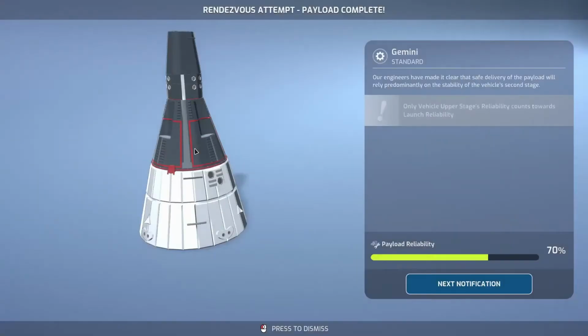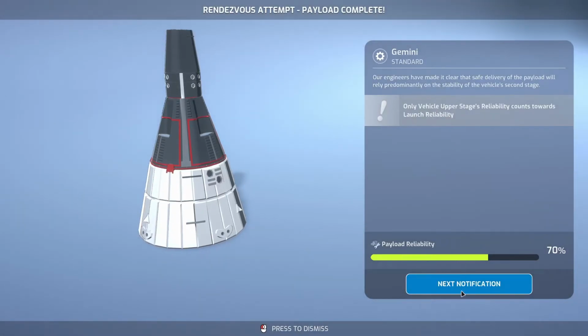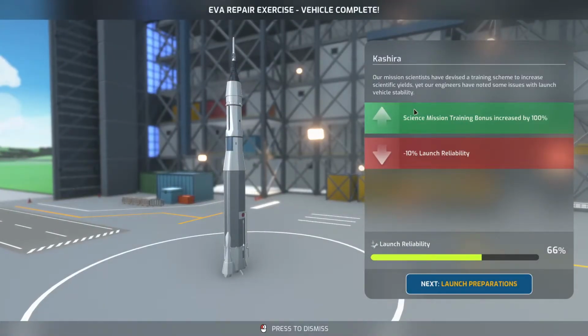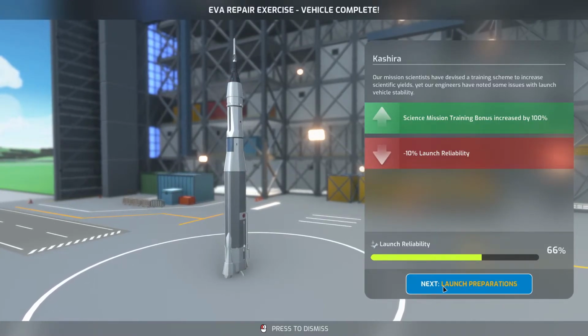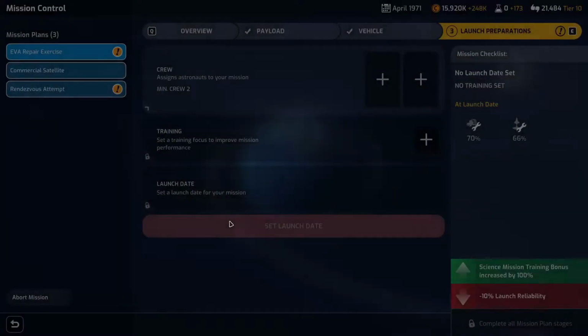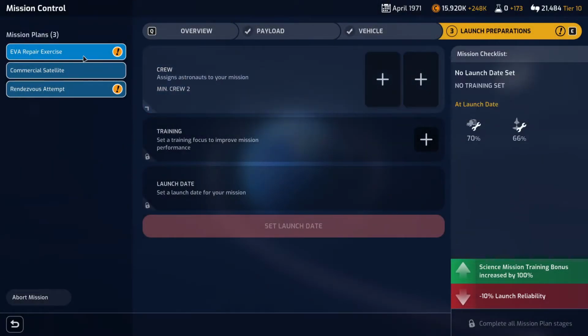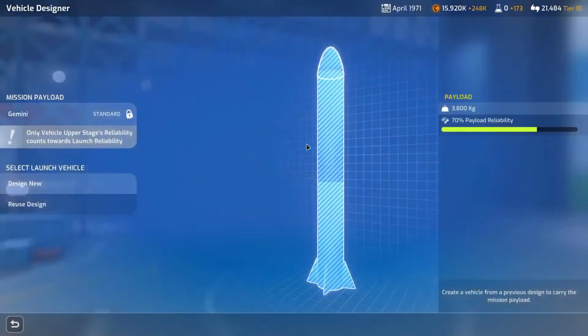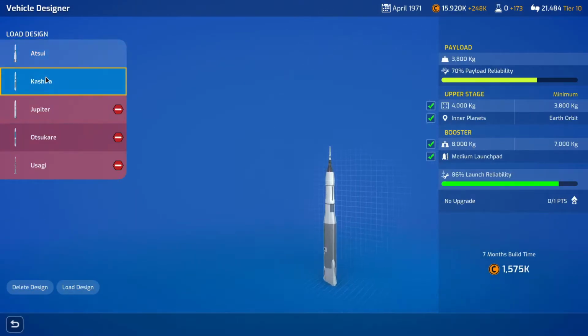Okay, the rendezvous attempt payload is ready to go. Only upper vehicle stage reliability counts towards the launch reliability. That should be okay. And the EVA repair exercise is ready to go. So the science mission training bonus increased by 100% and the launch is decreased by 10%. Okay, so just looking at this one, yeah, we'll just get the vehicle ready to go. So should we use,